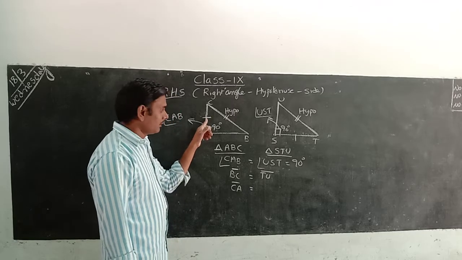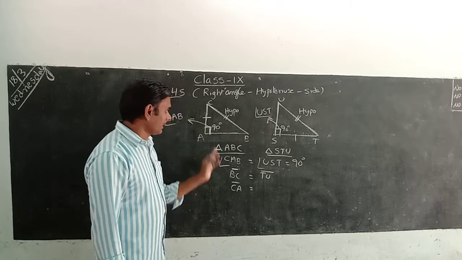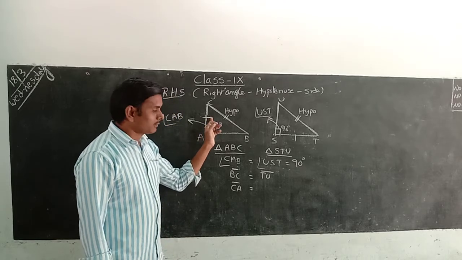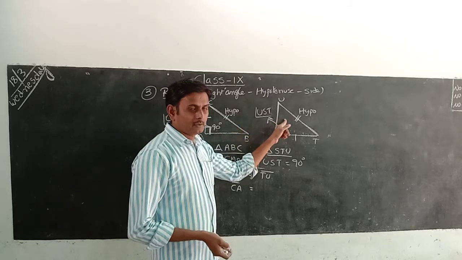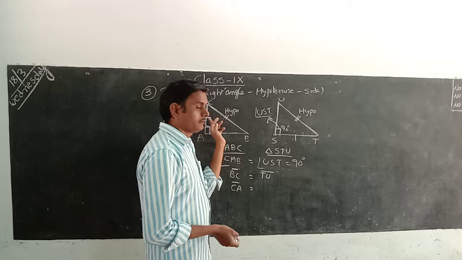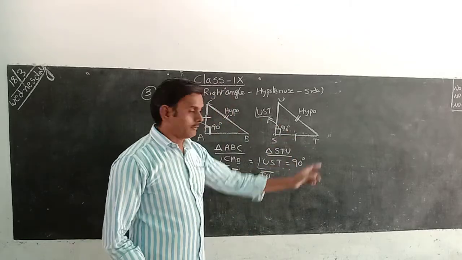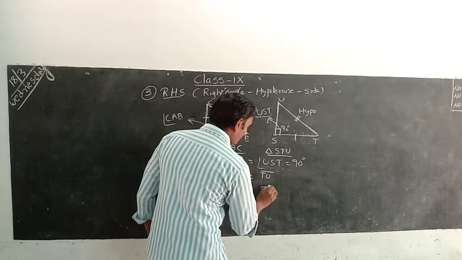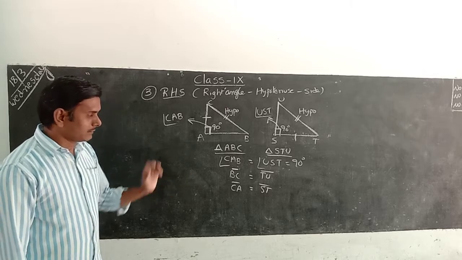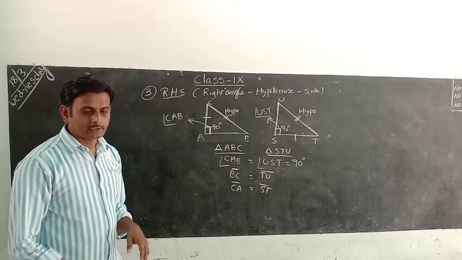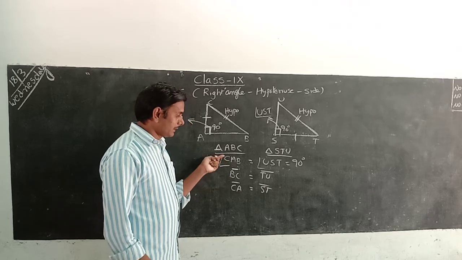Whenever you have a symbol, only that symbol will coincide with the corresponding side. Which symbol? This symbol only we have to maintain in the other triangle also. Which is not here, not here means it may have a different name. This is compulsory. This is having the permanent symbol, so this is having the equivalent. That means ST. Okay, this is the RHS criteria. Right angle, hypotenuse, side.